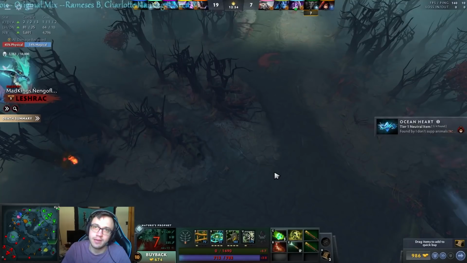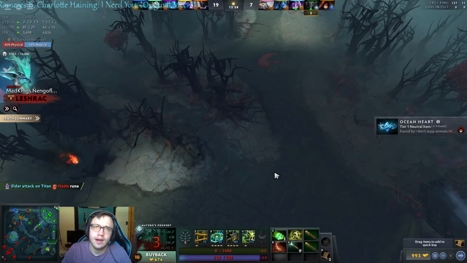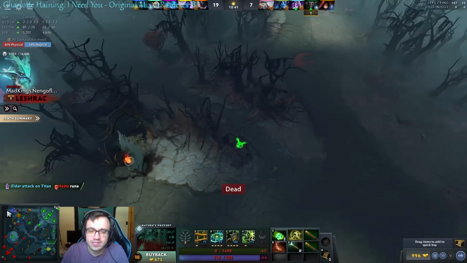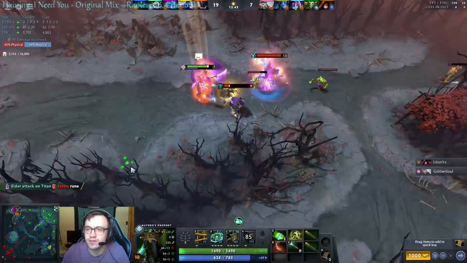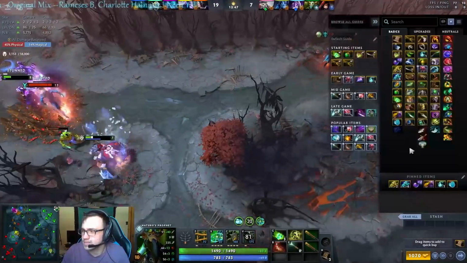I have seen Seb go Witch's Blade first. I think I've also seen Zai do that. I've seen people go Blade Mail first. I mean, there are a lot of items you can go first. So don't get baited into a single